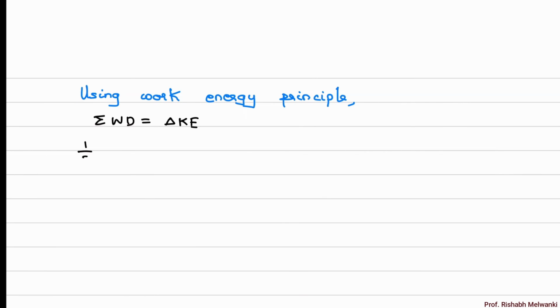Half K, x1 square minus x2 square. Don't forget 2, so we have to multiply by 2. I'm showing this 2 in red color. Every time this numerical appears, all the students make a mistake at this point. They forget to multiply by 2 over here. So don't forget to multiply by 2 because there are two springs. So 2 into half K, x1 square minus x2 square.